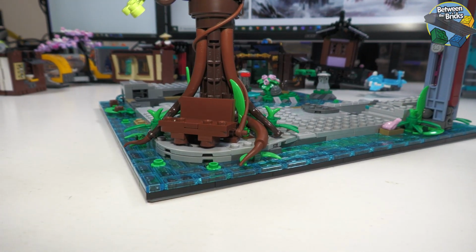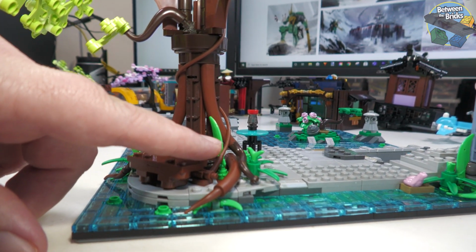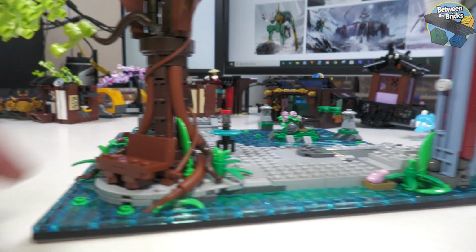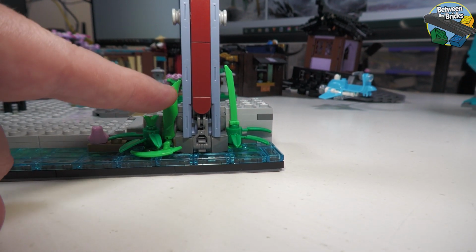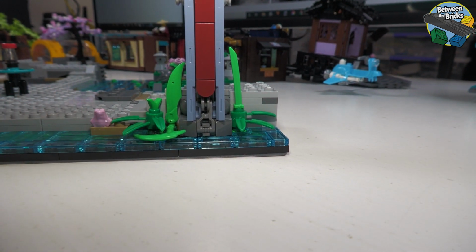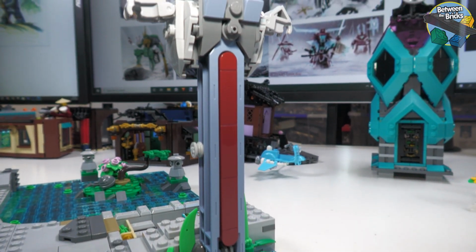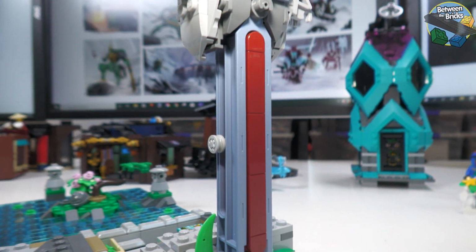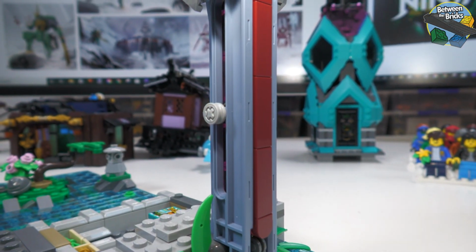A couple of other features that I really liked was they used a lot of these weapons, or a weapons pack in bright green, as foliage elements, and you can see here perfect use of a sword, another sword over there, a samurai, and a scythe down at the bottom here, and they've done that around the base quite well. This structure here is really nice. It's very well done, and it utilizes one of the Technic elements,